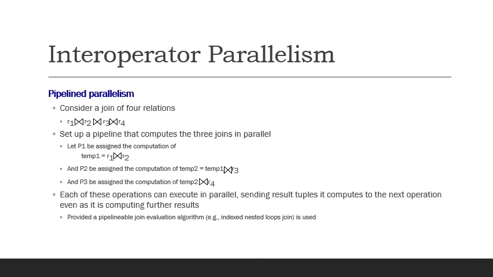Now let's see interoperator parallelism. There are two forms of interoperation parallelism. First one is pipeline parallelism and second independent parallelism. Let's see pipeline parallelism. In pipelining, the output tuples of one operation, say A, are consumed by a second operation,